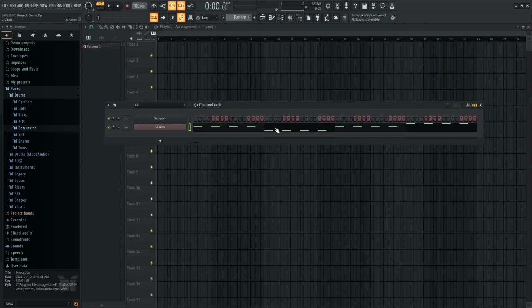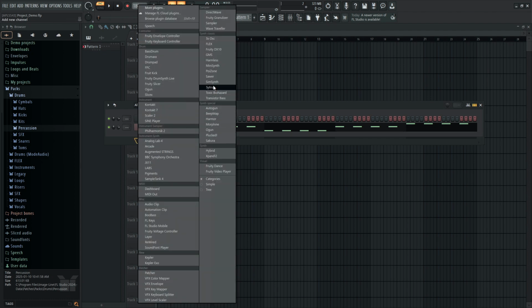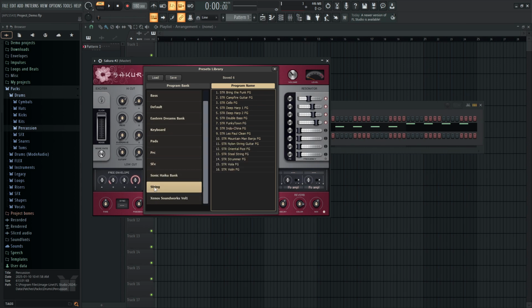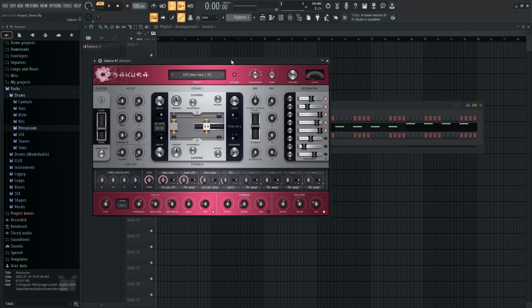Now, since we have laid down our bass groove, next up maybe we should add some stringed instrument, maybe like a harp that creates a more lush or melodic sound. And so I'm going to use the same plugin. I think I'm happy with Sakura over here, so I'm going to just left click and then click on the Sakura once again, and this time I will go to string, and then I will choose harp 1,